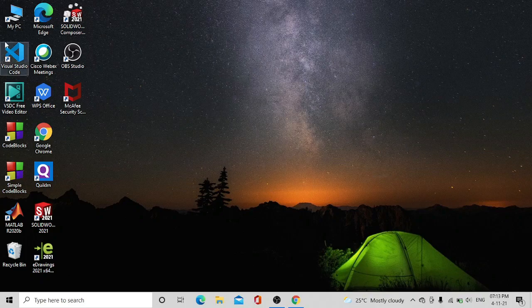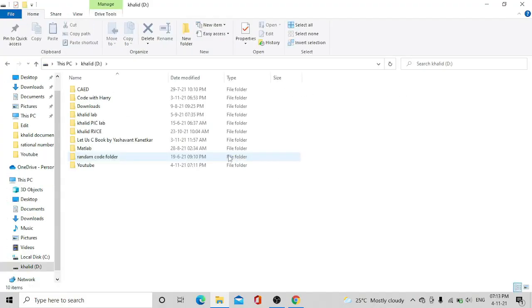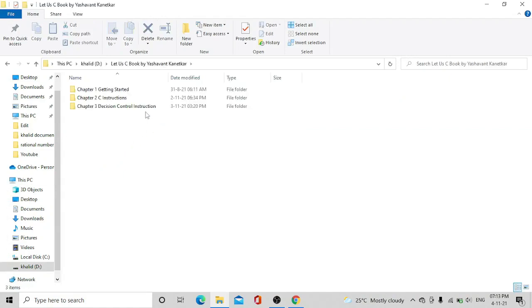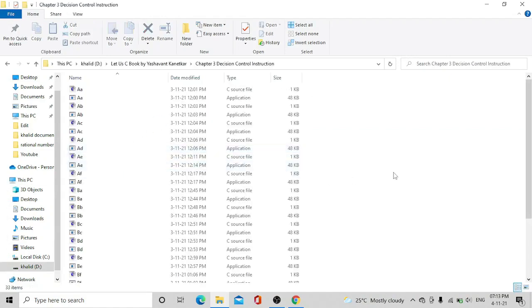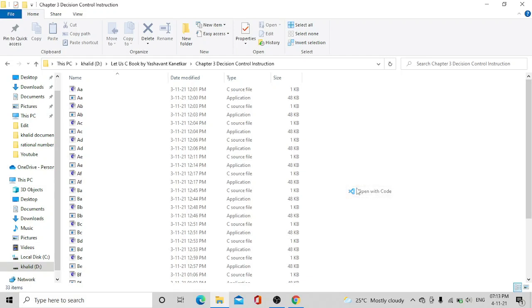So now if you want to write any code, you can go to any folder, and there you can just press right click and then click on open with code. So here I'll be showing a simple program, so that it will be confirmed that we have downloaded correctly the GCC compiler and the VS Code software.